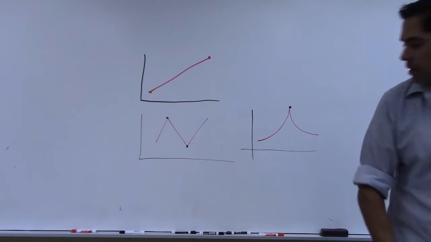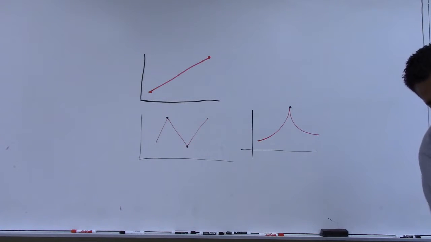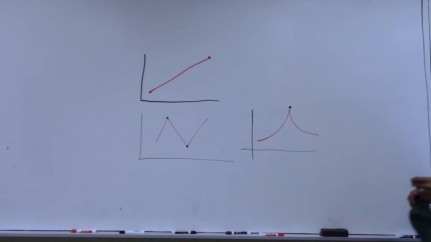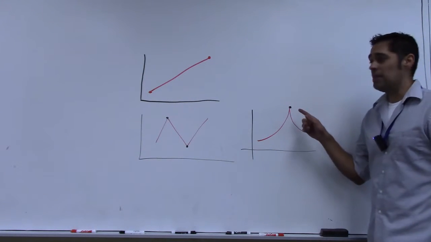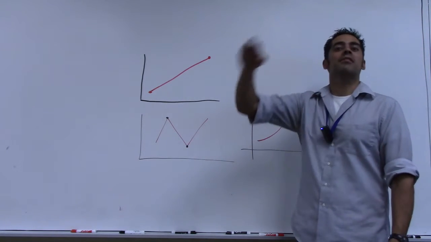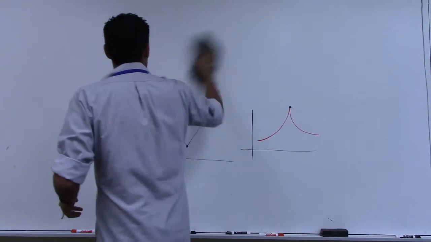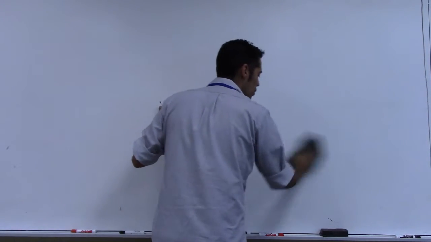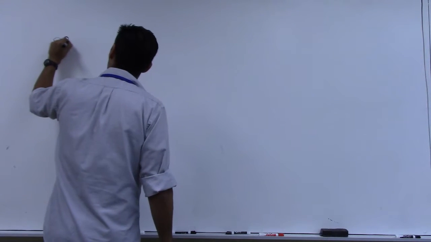All right, let's continue. Definition, critical number. And again, this one is so important that I will write it down up here. It seems to me that if we're going to have local maximums and minimums, the derivative is either going to be 0 there or it's going to not exist at all. We're either going to have a corner or a nice smooth curve where the top of the graph is. Since those two situations are so important to us to be able to determine maximums and minimums, we have a special name for them. They're called critical numbers.